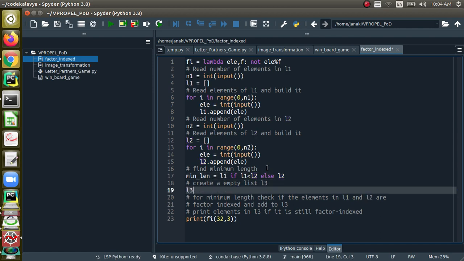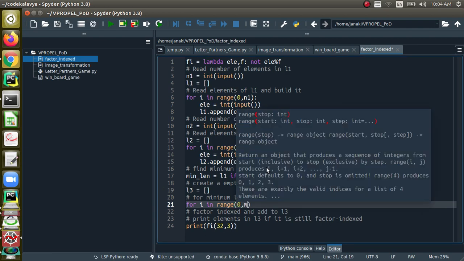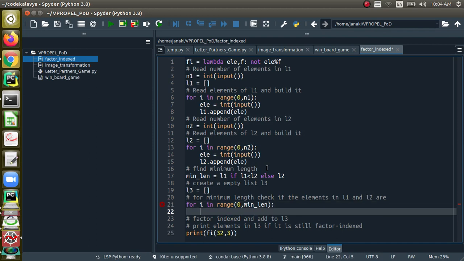And we are going to create an empty list here, and for the minimum length we are going to write a procedure, for I in range 0, min length, right. What should you do? You should check, right. First you should check if the element in L1, right. So if L1 of I is divisible by, you want to check whether it is divisible by the human indexing,